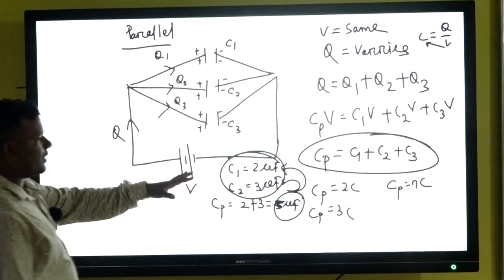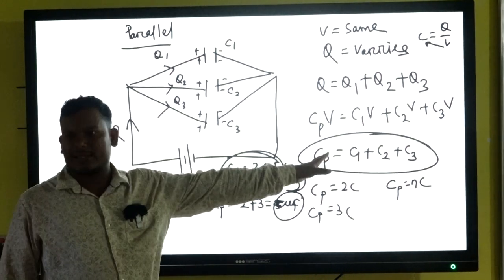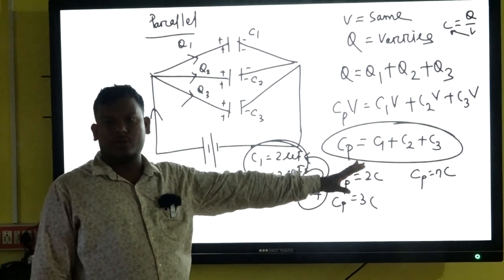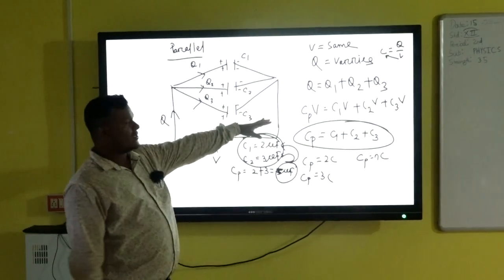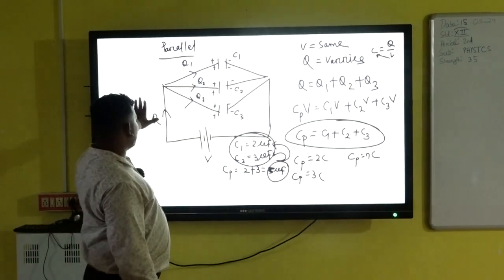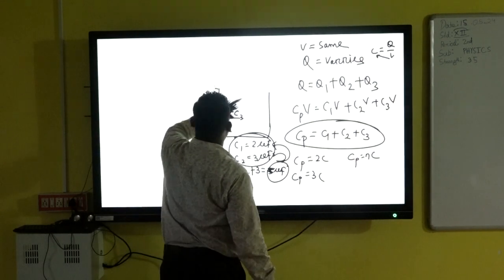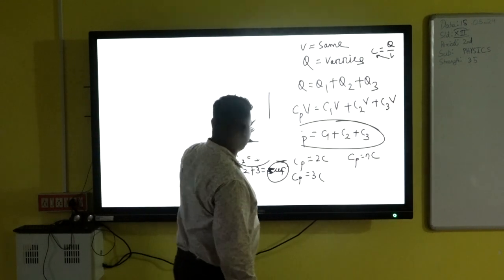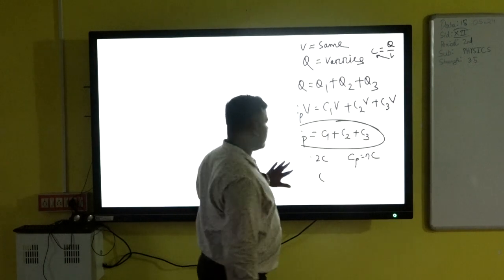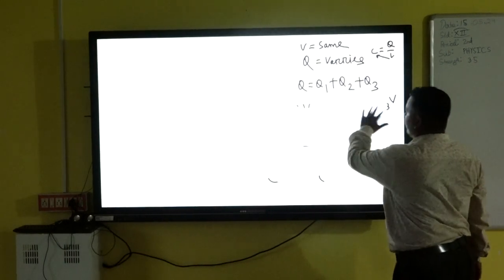Okay, so this is the final formula for the series and parallel. Now we will do some numericals using this formula, some probable questions which may come in your boards and also your other entrances like JEE or NEET. So this formula is important. Like capacitor circuits, you also have